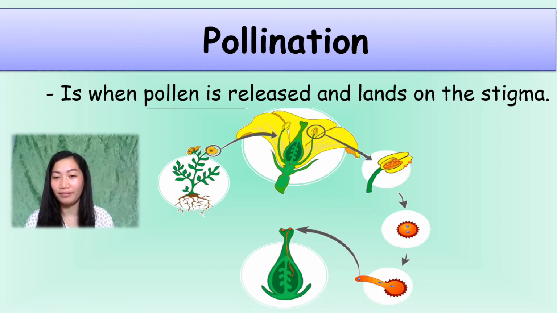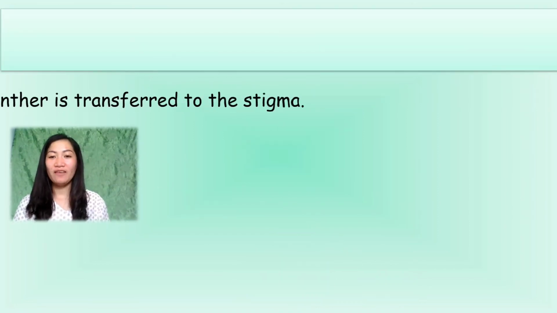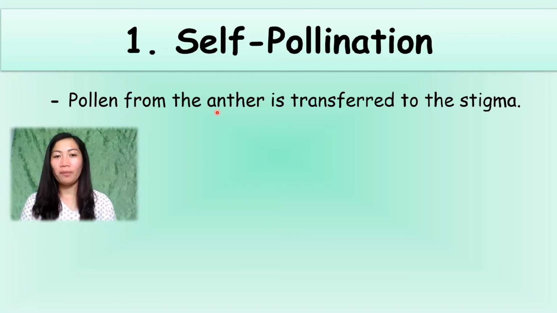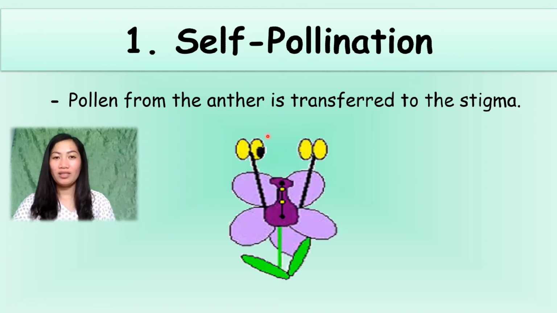Pollination will happen. We have self-pollination. When we say self-pollination, it happens to a single flower, the same flower. So when the pollen from the anther is transferred to the same stigma. It happens